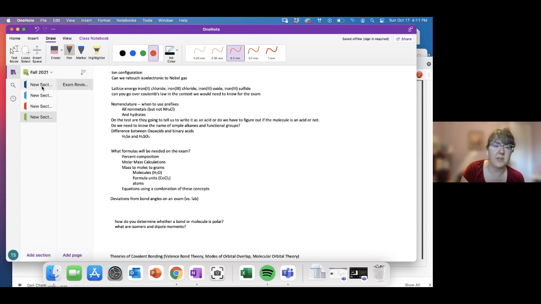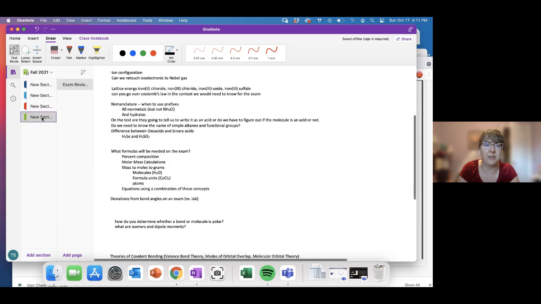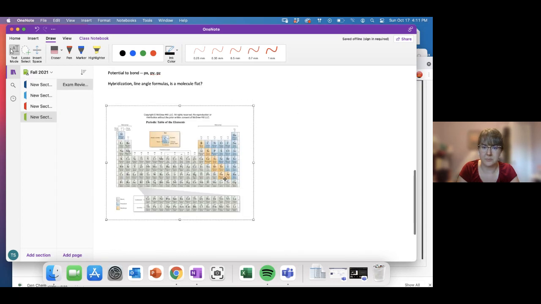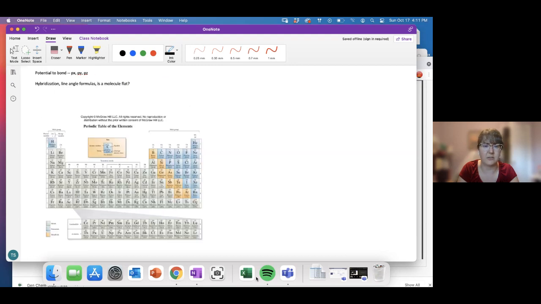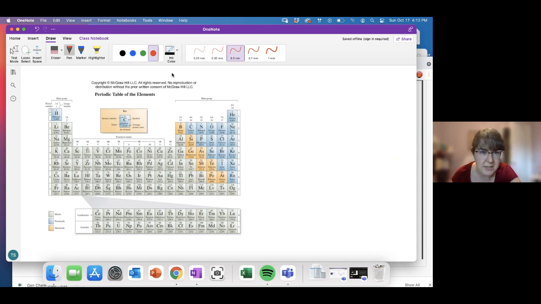One of the most important things to remember, let me grab my periodic table, is that whenever we are removing electrons, we are going to remove those from the highest value of n. And this is one of those things where we talked about this as the definition of valence electrons. And in the beginning, it didn't particularly matter because we could talk about electron configuration of ions, and we could